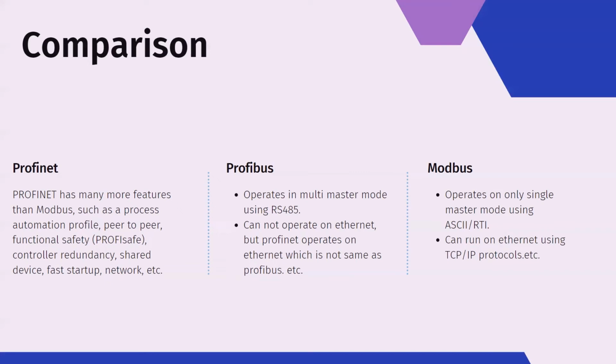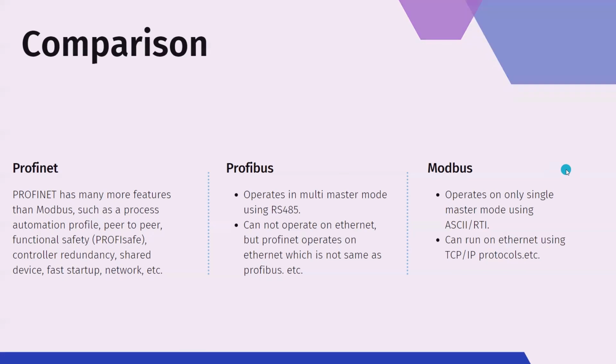And the last point is the application. Profibus is a very robust protocol, which can be used to automate the entire plant. It is used where more points of multiple vendor equipment are to be automated. As for Modbus, it's a very simple protocol which can be used to interface a single controller in point-to-point mode of configuration. It is used for small plant automation. So this was all about